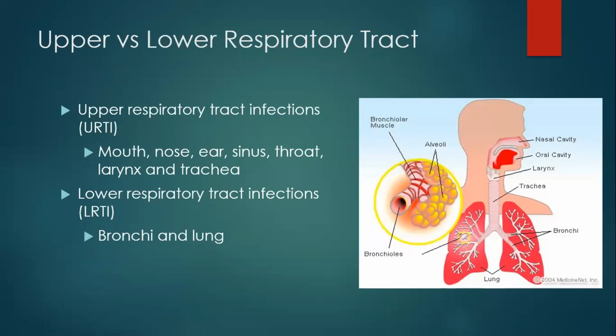So when we talk about the respiratory tract, we tend to talk about the upper versus the lower respiratory tract. And this is a term that is often bandied about, and I thought we should maybe just sort that out. When it's the upper respiratory tract, we're basically talking about mouth, nose, ear, sinus, throat, larynx, and the trachea. Sometimes some definitions switch the trachea into the lower respiratory tract. But for purposes today, I'd rather have the lower respiratory tract as being the bronchi and the lungs.